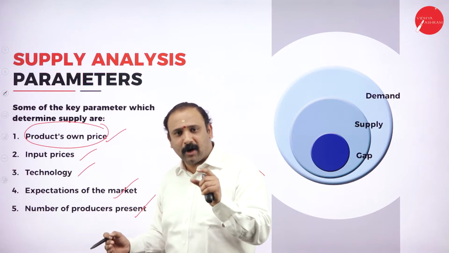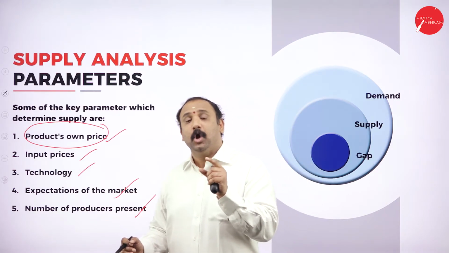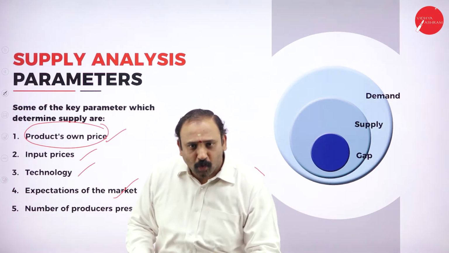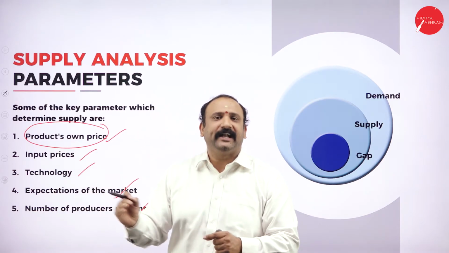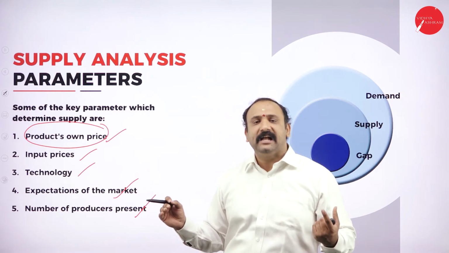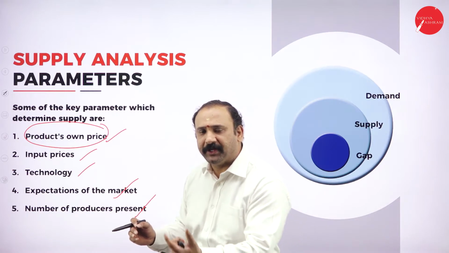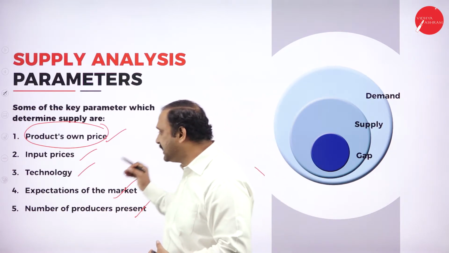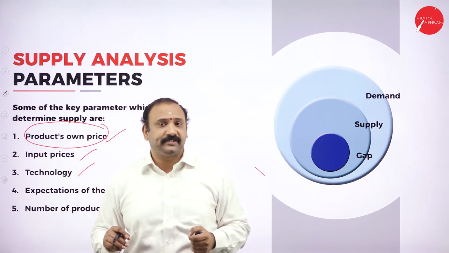So for a product, the own price itself is one big parameter altogether. When you are completely accepted in the market and when you know that you don't have any alternatives available, not to that great extent, then automatically your own price starts setting up in the market for you. So you can even bring in a packet for 5, 10, 15, 20 or even for 50 rupees. Nobody is going to stop. So that's what I say, product's own price really matters in terms of supply.